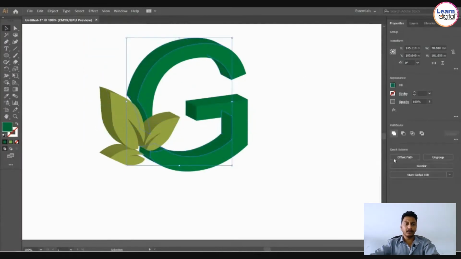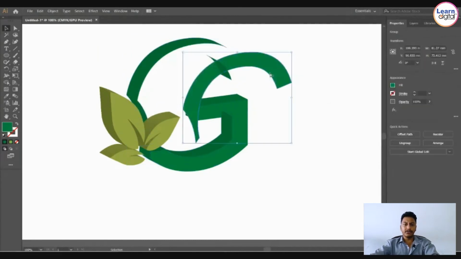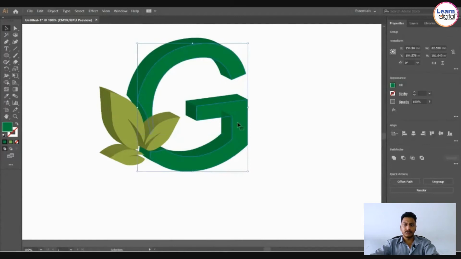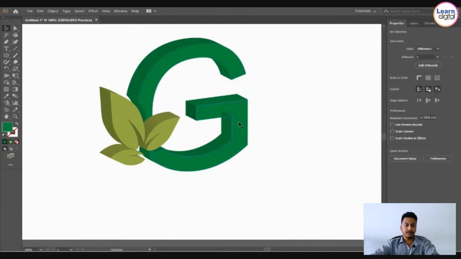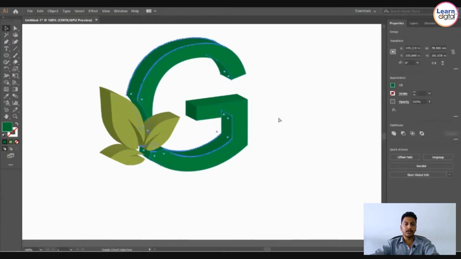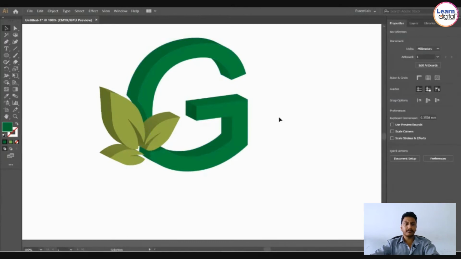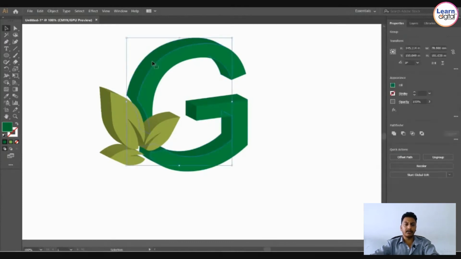Now you can observe light green and dark green are different. So you can play with the individual colors also now. You can fill whatever colors you need. If you want to play with the gradient also, you can, because we converted our 3D to shapes again. The bottom one dark, the top one light, the back one dark, the front one light. As you wish, you can add colors, you can play with the colors.